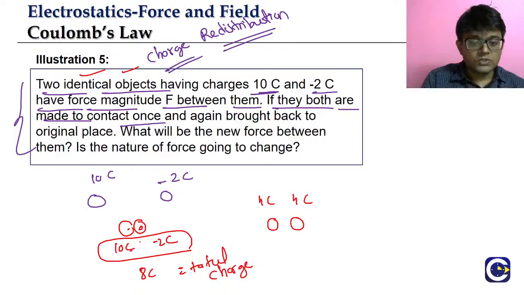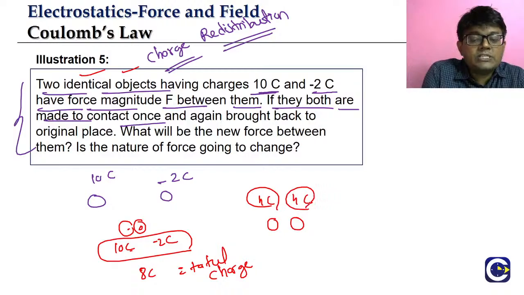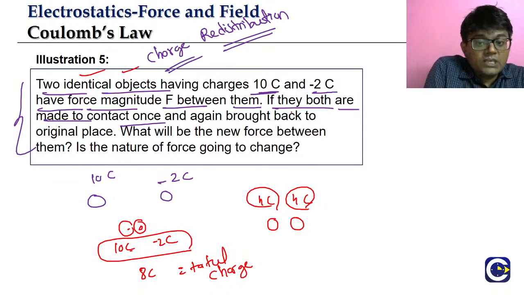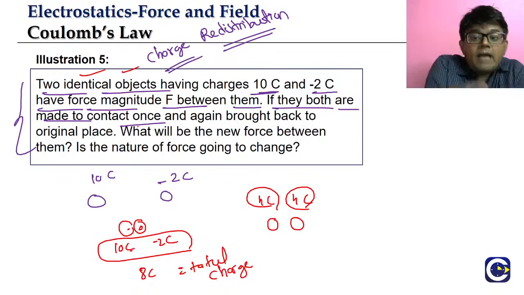So once you make them contact, what is going to happen? Charge is going to be redistributed. Each of them is going to have how much charge? 4 coulombs each, because they both are identical objects. So if they both are made to contact once and then brought back to the original place, after the contact we take them back,